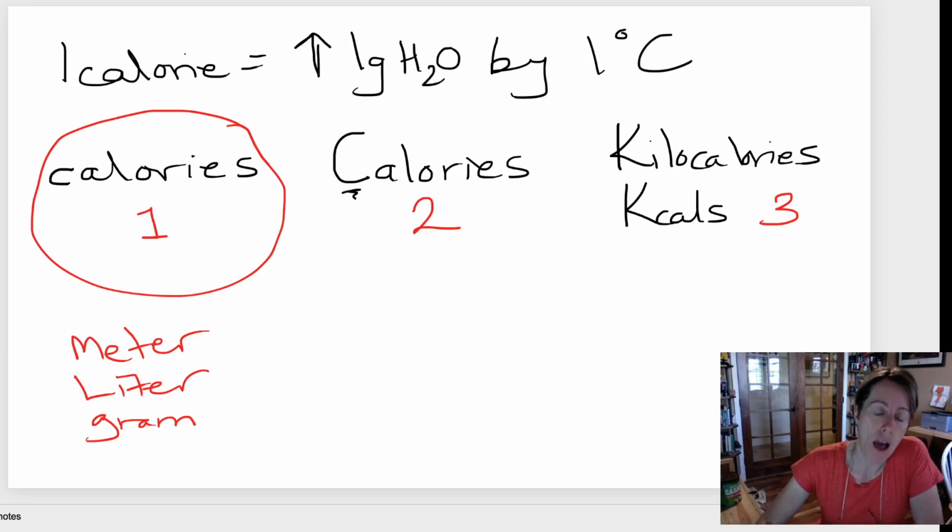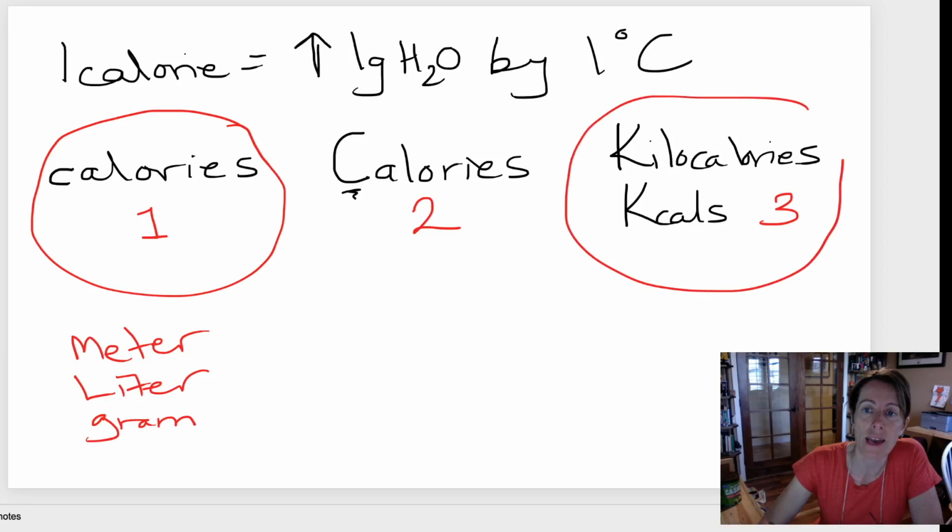And just like any other metric unit, we can put prefixes in front of it. So just like you can have kilometers and kilograms, you can have kilocalories. It means 1,000 of them all put together. You can also have milli and micro and nano. So you can have millimeters, millicalories, micrograms, and microcalories for a very small amount of energy. So number 1 and number 3 are kind of talking about the same thing, calories and